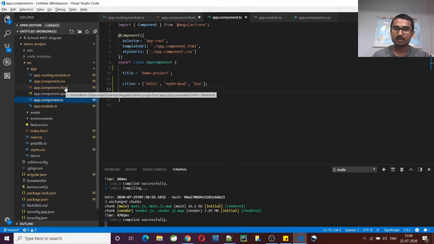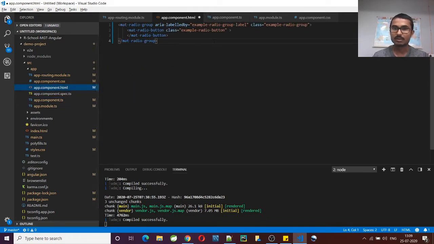Let's add some attributes. This is the material group. It says that whatever material radio buttons are here, they all belong to a group. So let's give the name of the material group: name equal to city. These all belong to the city group.